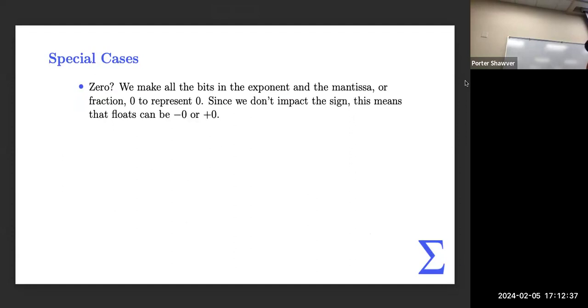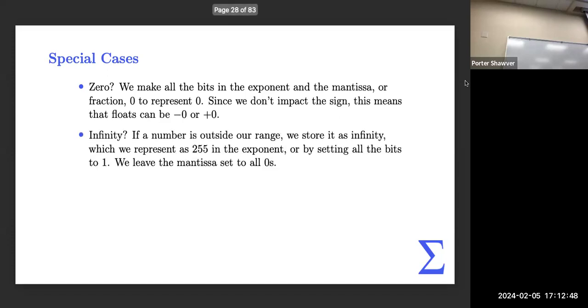And depending on how your language is implemented, if you compare those two things, they might not be equal, even though they represent the same number. So that gets messy. It gets even messier though. Infinity: if a number is outside the range we want to represent, which might happen from a computation, one of the nice things about IEEE 754 is that